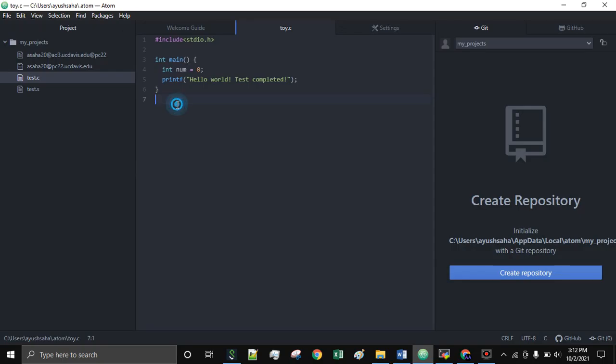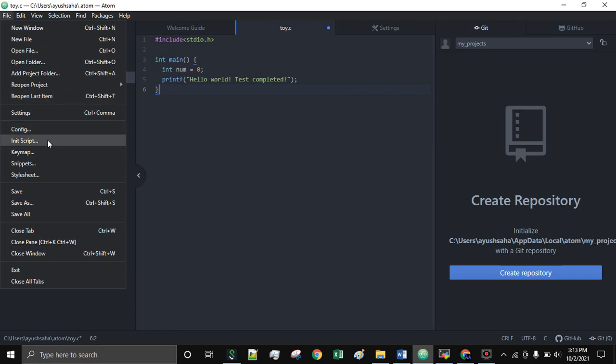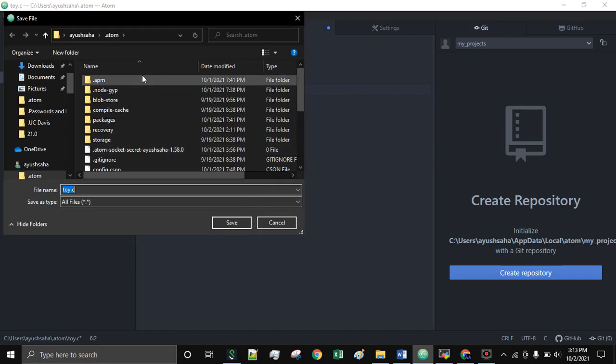Okay, so first we have our C program. I created this in Atom. Also, I recommend you do this whole tutorial alongside me, so that way you'll learn a lot better. Okay, so I'll first save this. I'll call it,